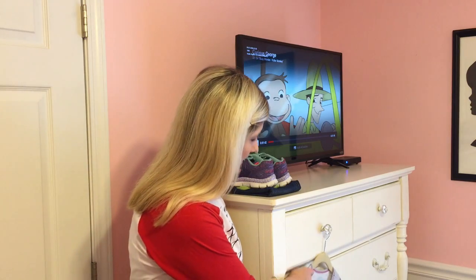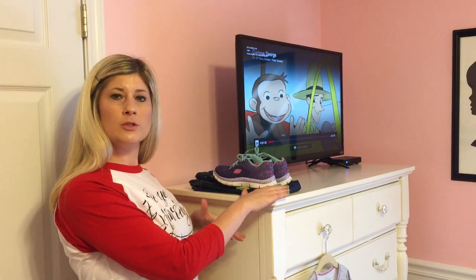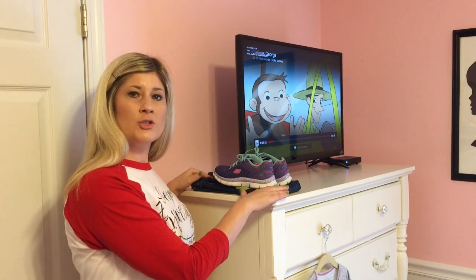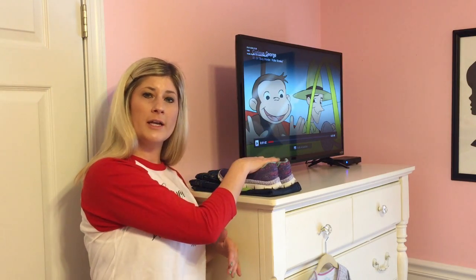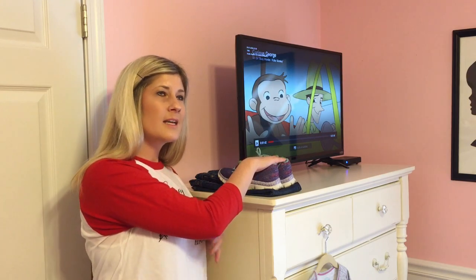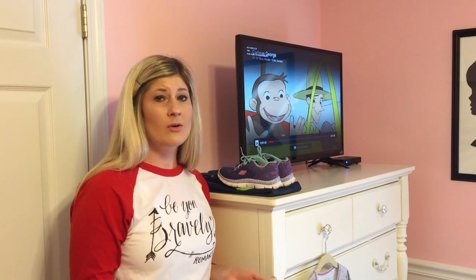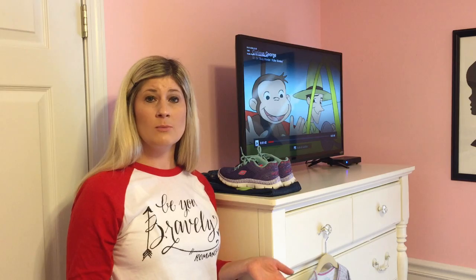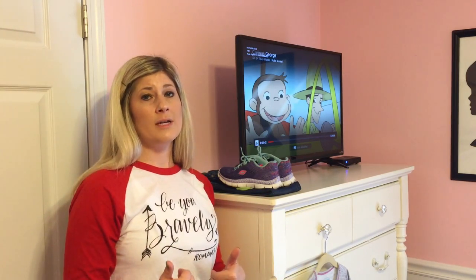So every night before Kate goes to bed, I have her pick out her clothes for the next day, and she hangs them right here on her hook on her dresser, and she puts her jeans or shorts or skirts on the top of her dresser, and her shoes and her socks. This simple thing right here helps us out in the mornings, because Kate, I guess, likes to sleep as late as possible, and she doesn't like to pick her clothes out, or it takes her a long time to pick out her clothes in the morning. So doing that at nighttime helps her and me out in the mornings,